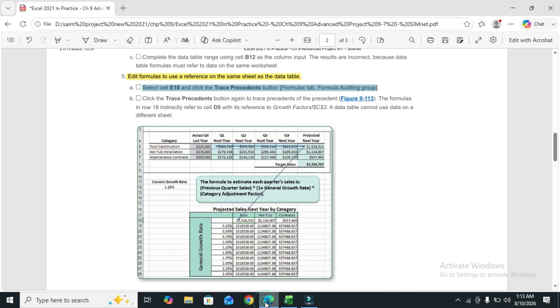So part A of this step is done, so we move to part B.